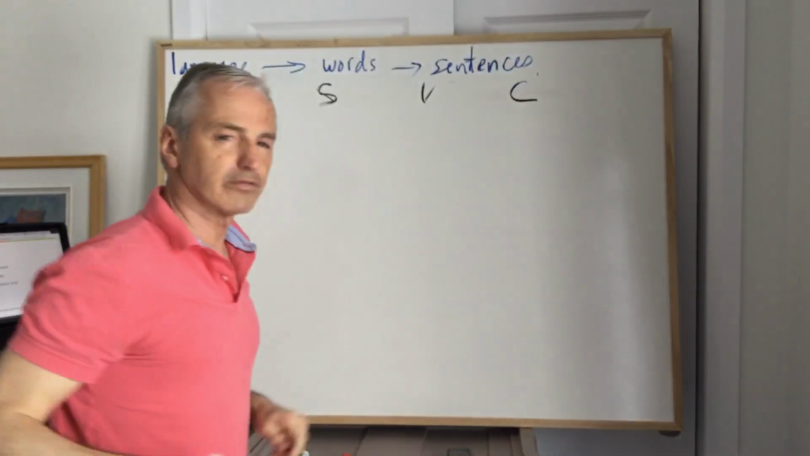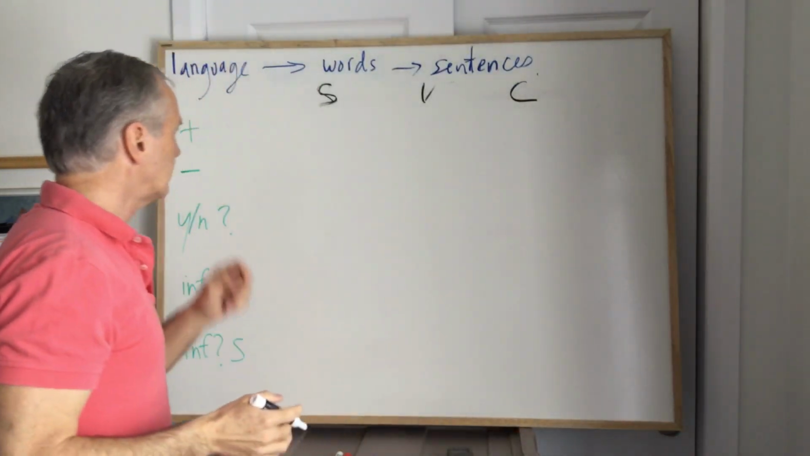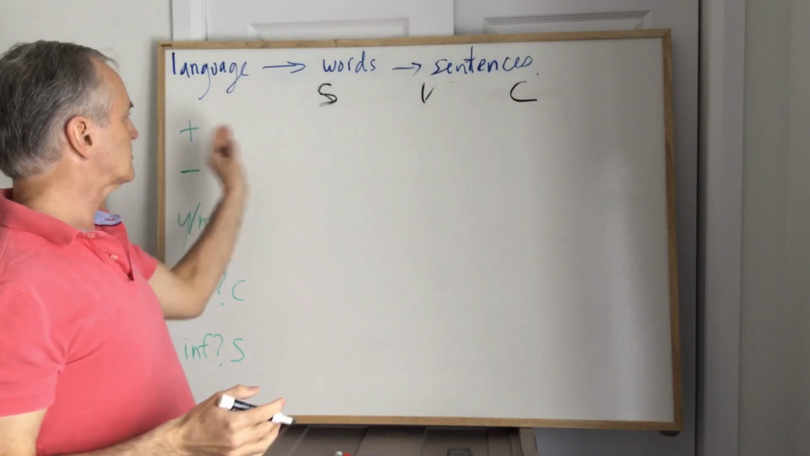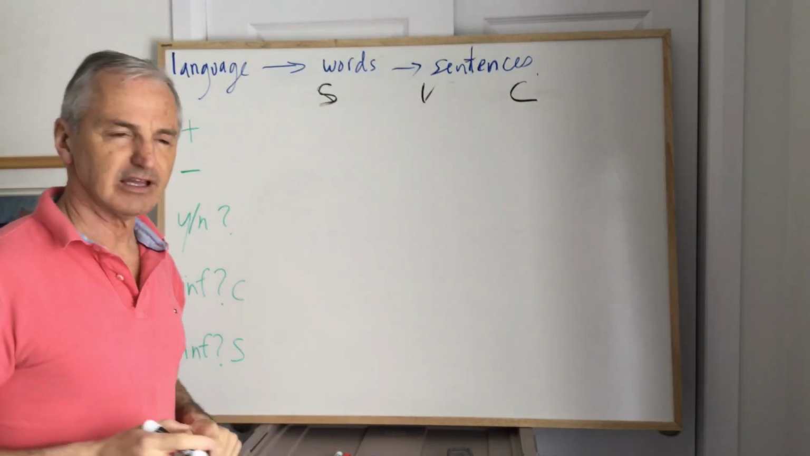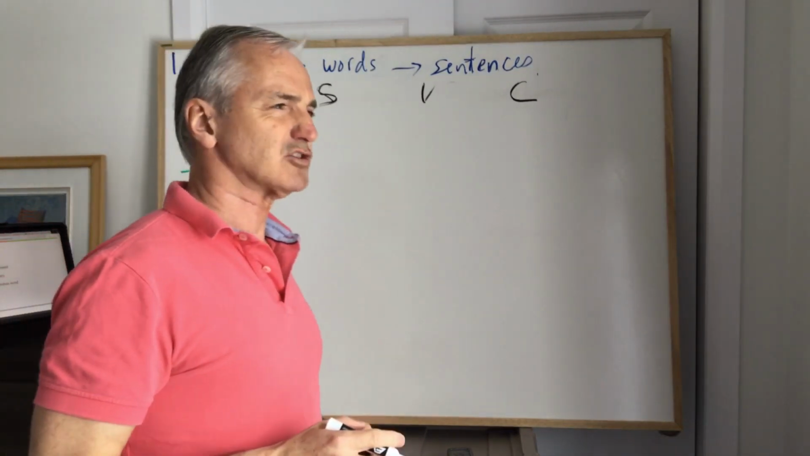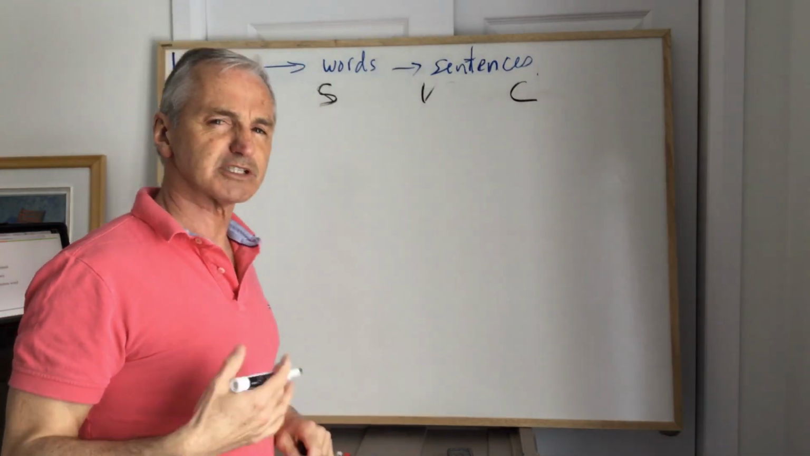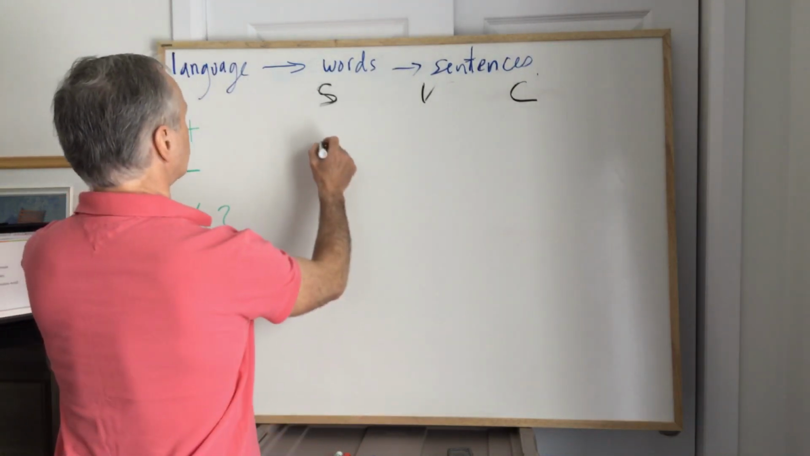Or you could put an O for object, depending on what school you're thinking about. Subject, verb, complement is your basic affirmative sentence, okay? But sometimes things don't always go so well. We want to express things negatively. So we would have the subject